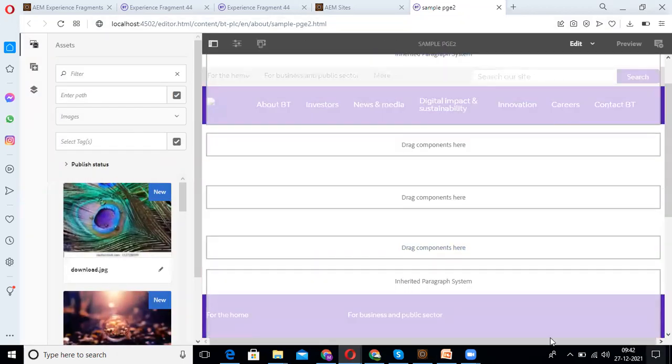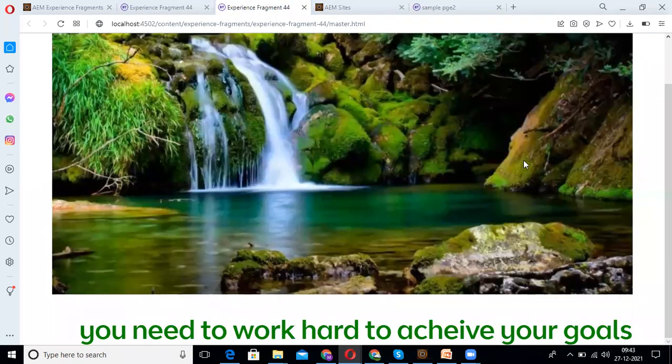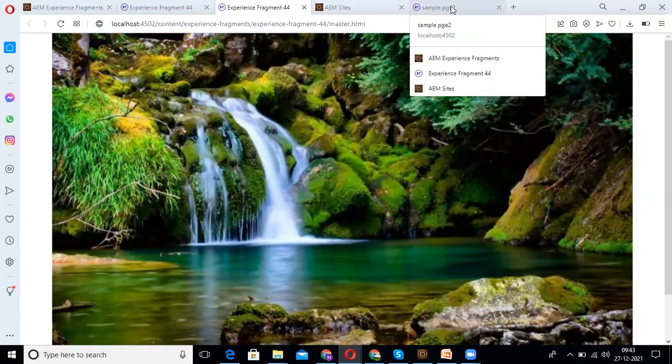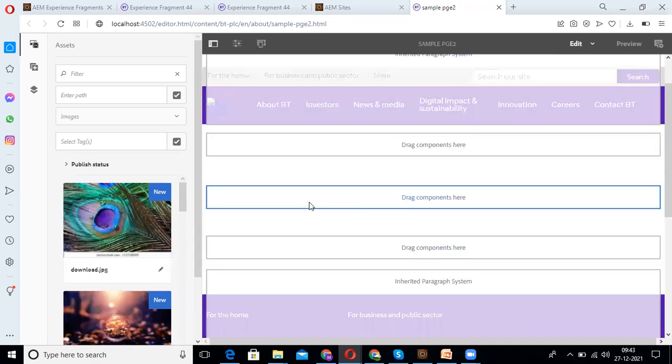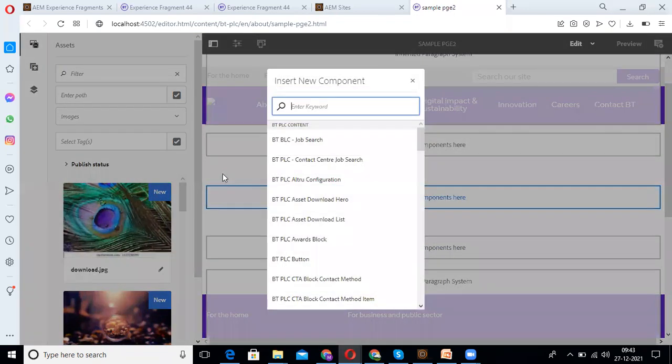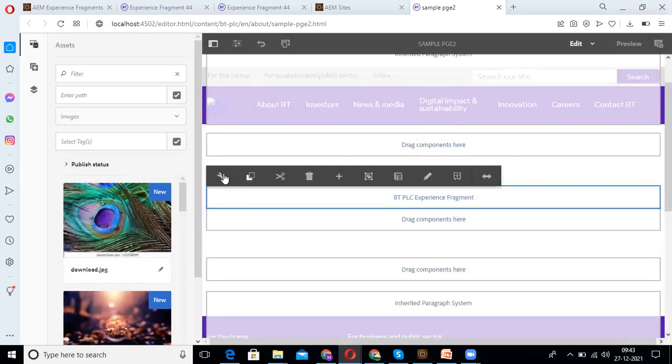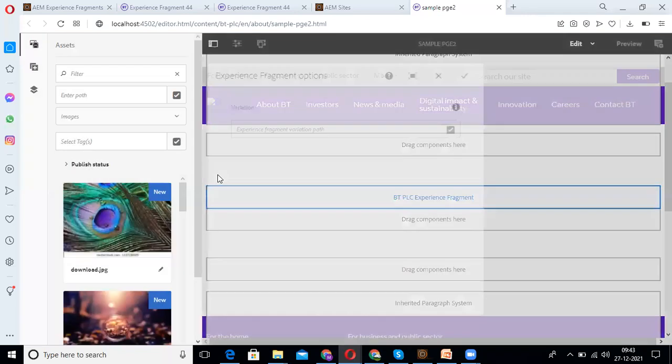So what is our task now? See, we already created our required content. So we need to add that content here. So here we will take a component. I'm taking the experience fragment component. Here we need to give the path of the experience fragment which we created, in configure.